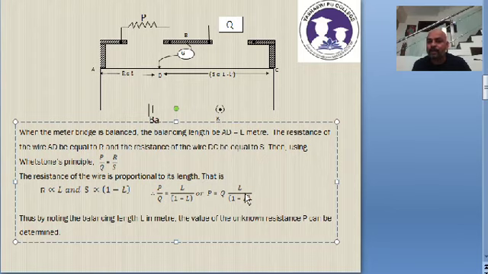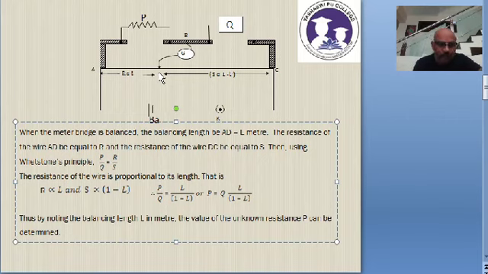So Q is known, and L is known, the balancing length. So what is balancing length? It is the length of the meter bridge wire at which the galvanometer shows 0. And since the galvanometer shows 0, the bridge is balanced. Therefore, that particular length we call the balancing length. So this is the principle and working of the meter bridge.